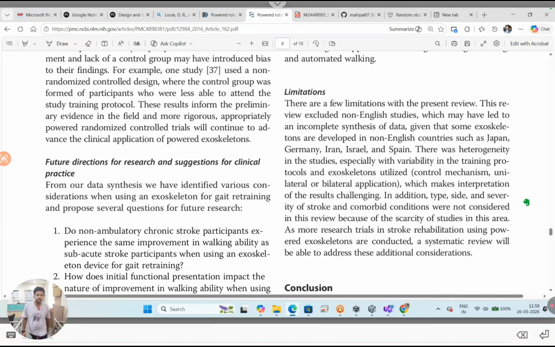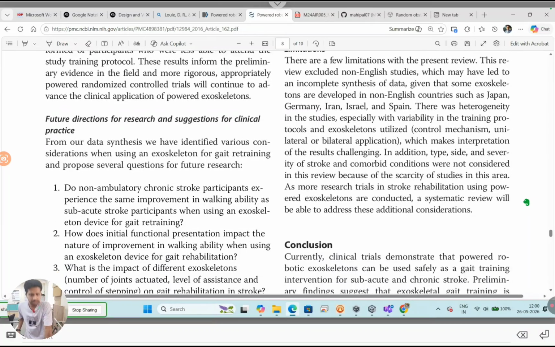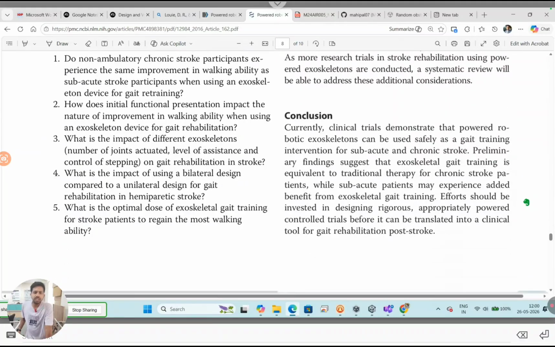In addition, type, side, and severity of stroke and comorbid conditions were not considered in this review because of the scarcity of studies in this area. As more research trials in stroke rehabilitation using powered exoskeleton are conducted, a systematic review will be able to address this additional consideration. So, conclusion: currently